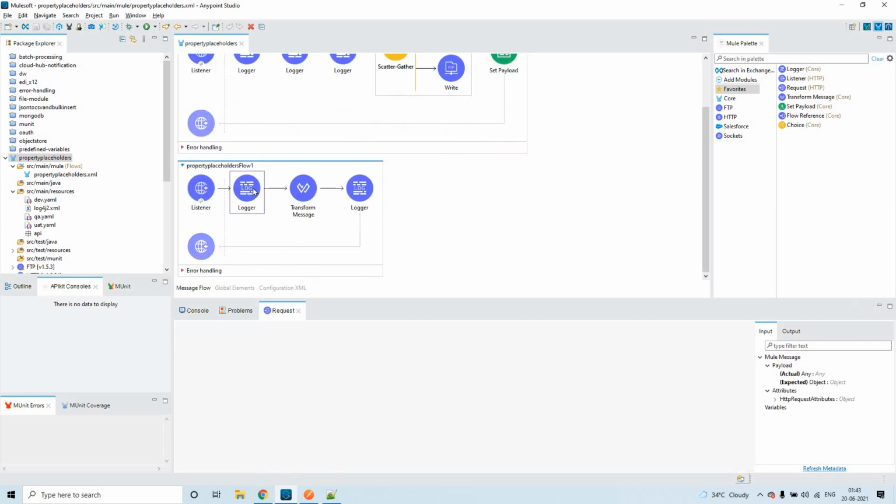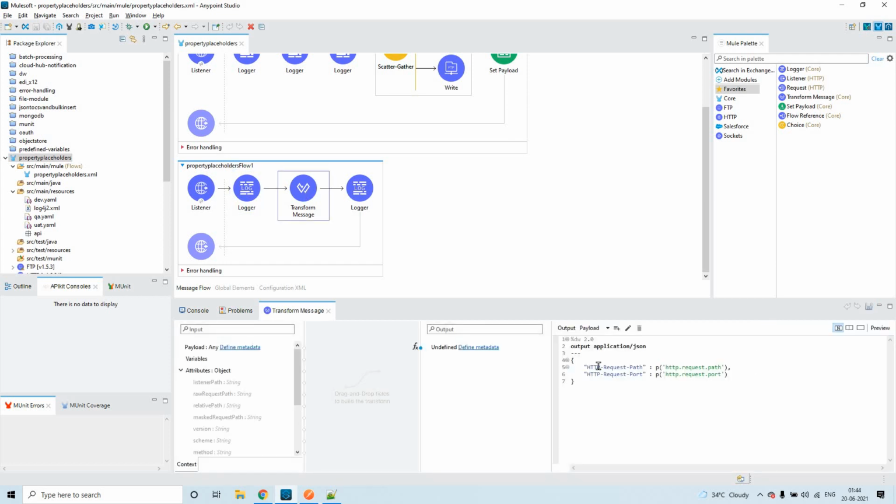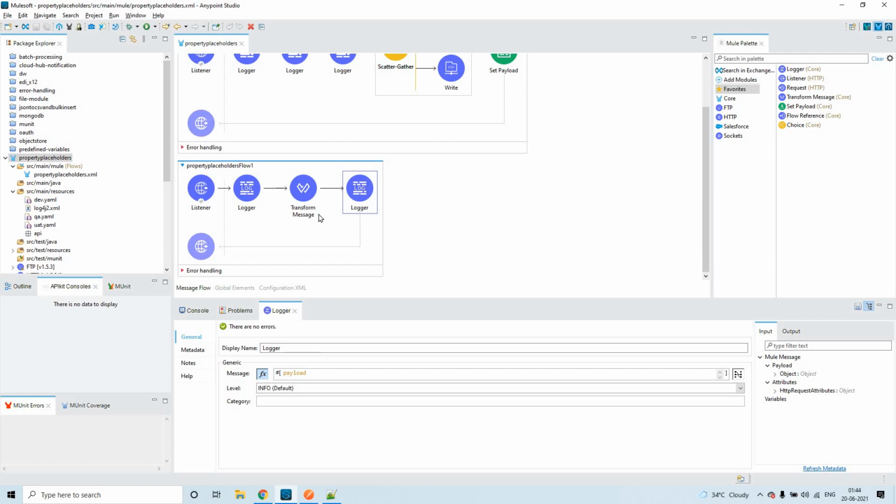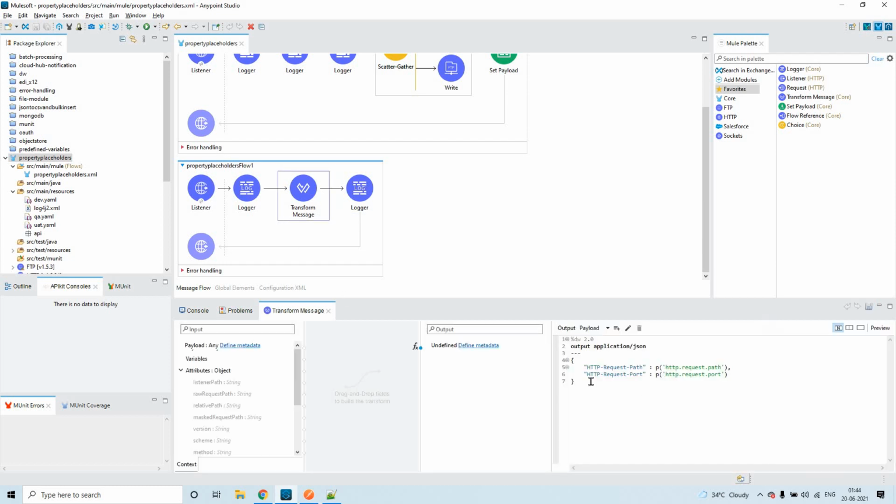In this transform message I am trying to print the HTTP request path and HTTP request port. These values I am fetching from the property files. At last I am printing the payload, that is nothing but the payload we are setting in this transform message. So this is all about the flow.